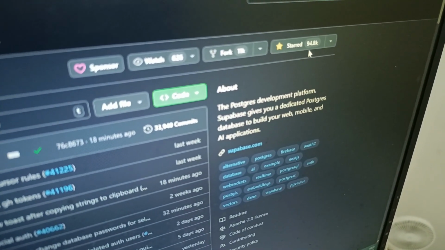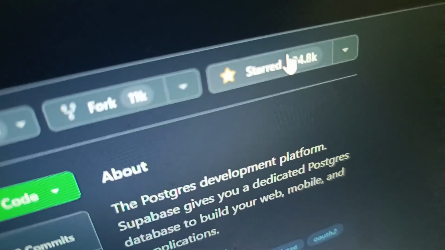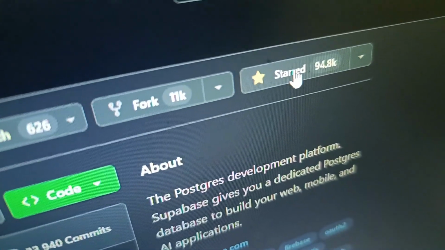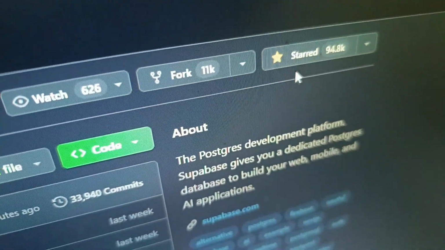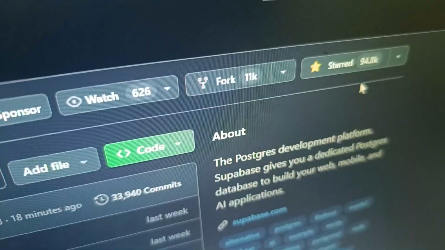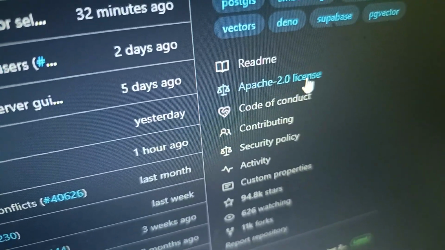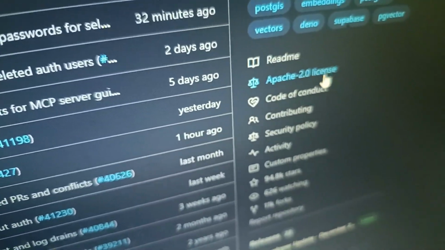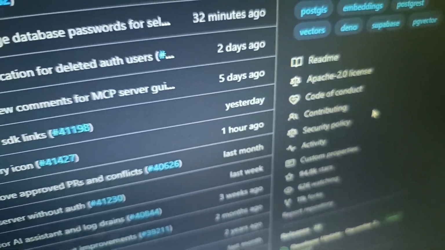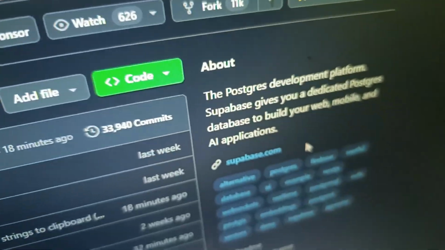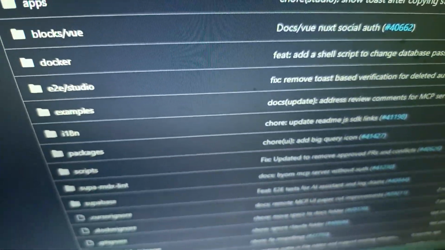It's at 94, getting a little closer to 94K stars. This project is already very good, and it's open source, using the Apache 2.0 license, which means you can distribute, edit, or commercialize it. It can solve our front-end